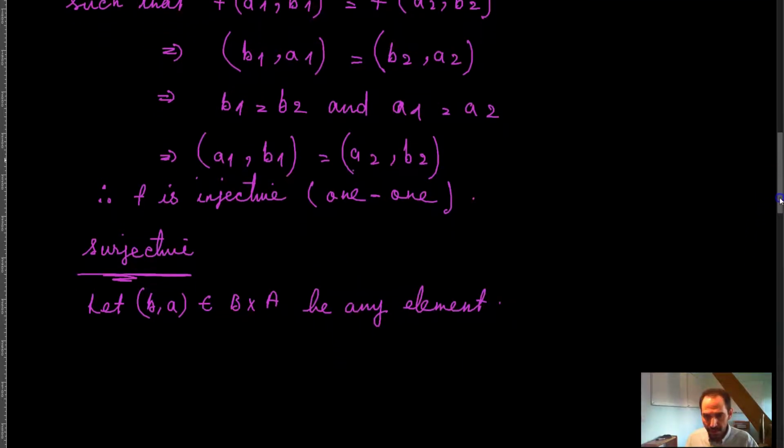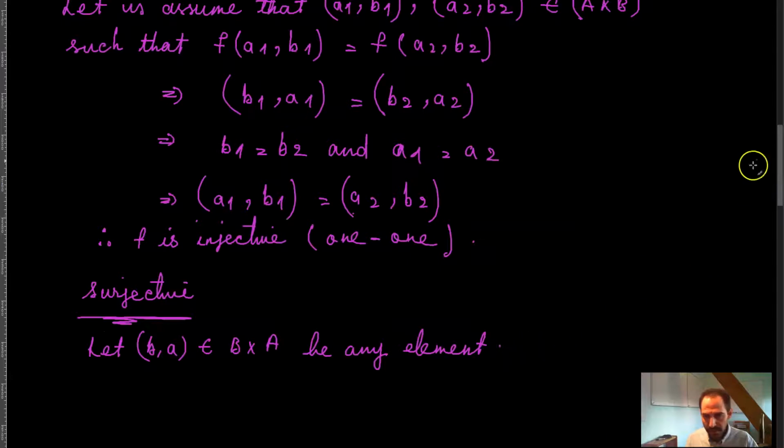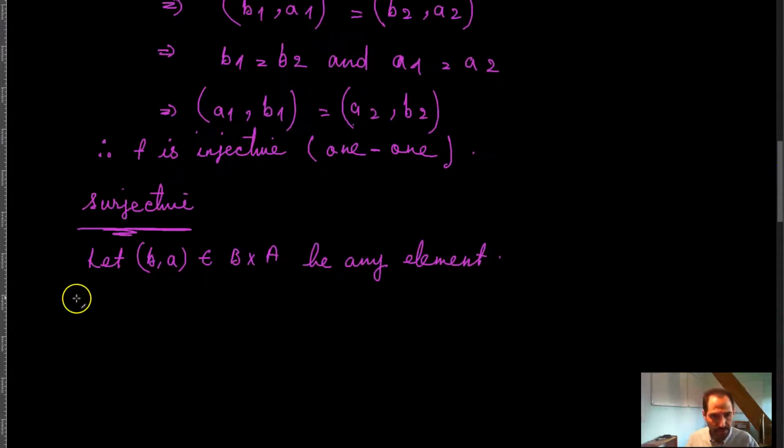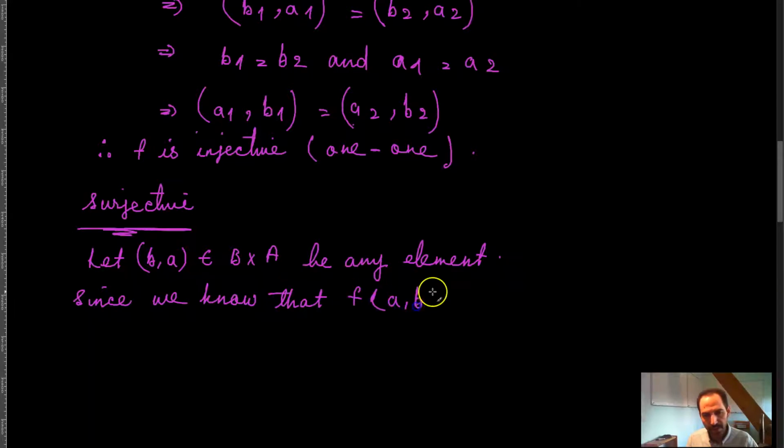Now you can argue that since we know that f of a comma b is equal to b comma a, and b comma a is the output of the function, then